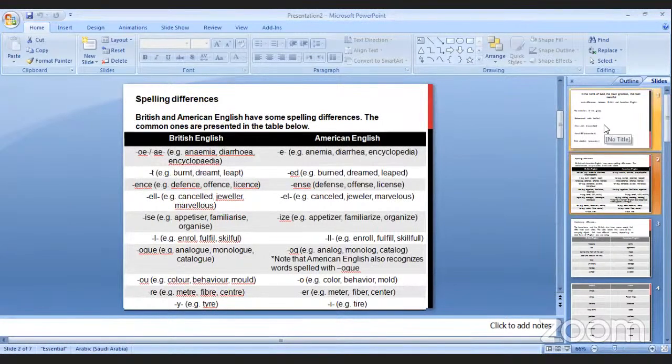Spelling differences. British and American English have some spelling differences. The common ones are presented in the table below. American English, British English. OA, OE, AE. For example, anemia, diarrhea,